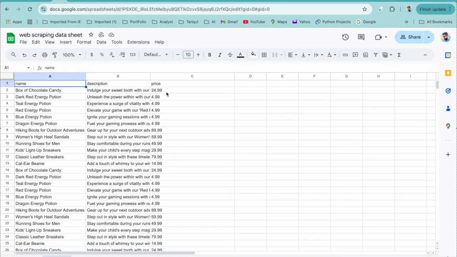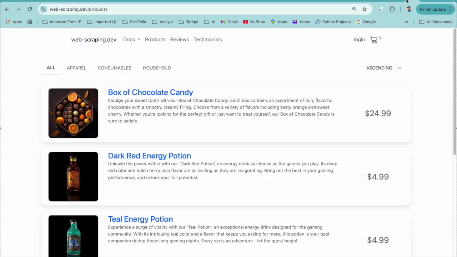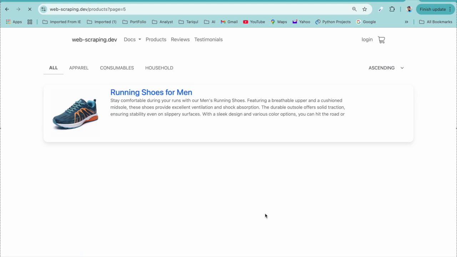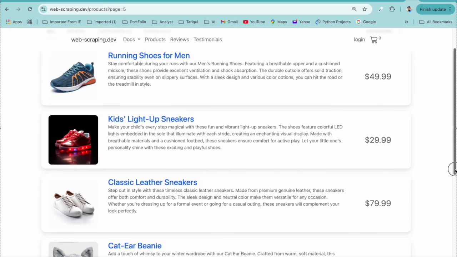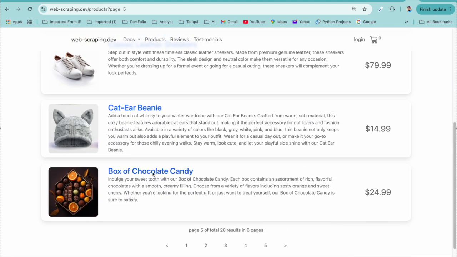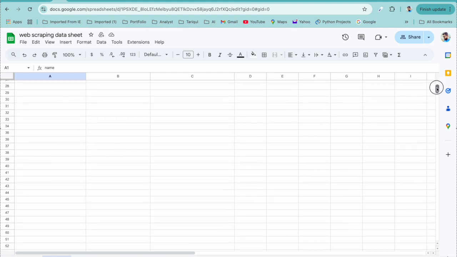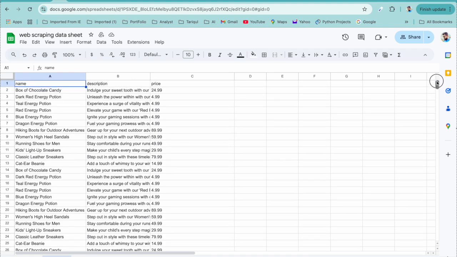Also got the box of chocolate and price 24.99, $24.99, as well as all product prices and ratings stored in the Google Sheet. That is all product names, descriptions, and prices. Already we got